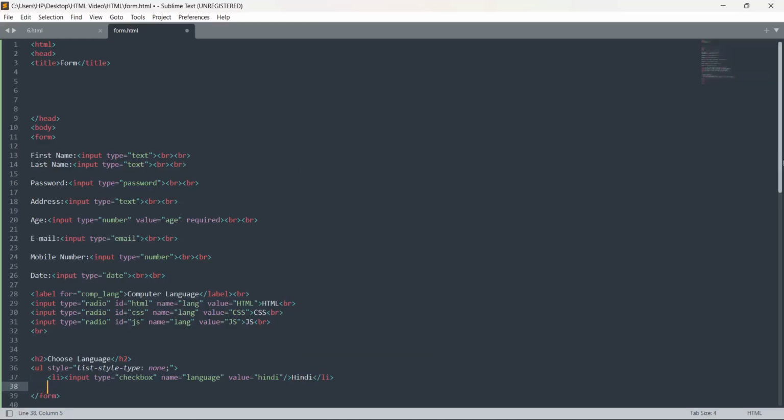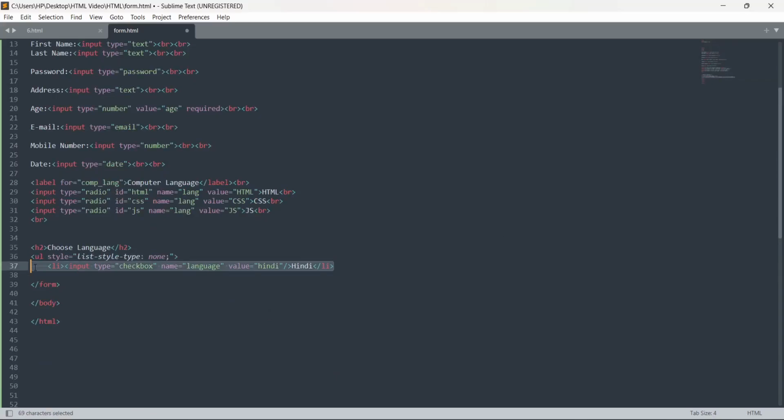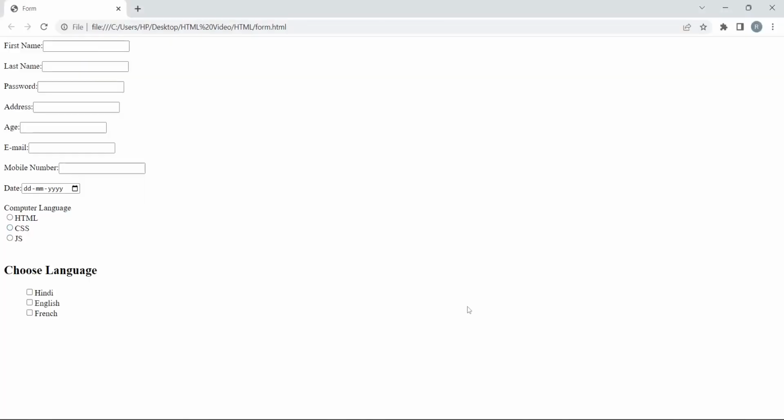Now same way what I'm going to do is I'm going to do for all of them. Two more languages I'll put. So I'll put here English. Let's put English here, and I'll put French here. Let me add the French word to get displayed. Let's save this and let's check the output. You can see I can select one or more. So you can select multiple